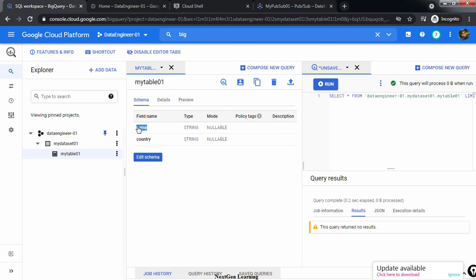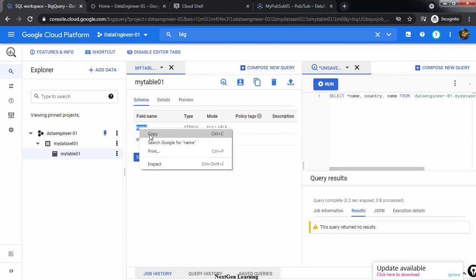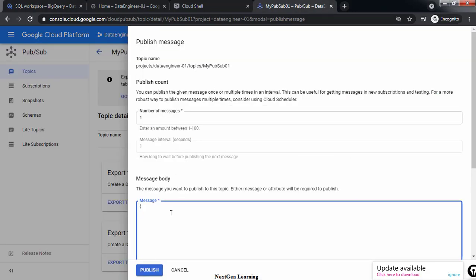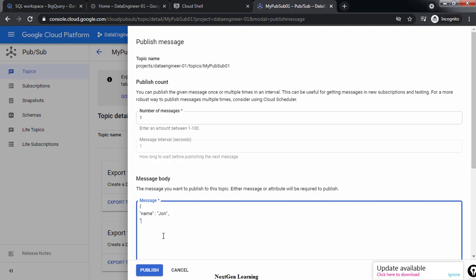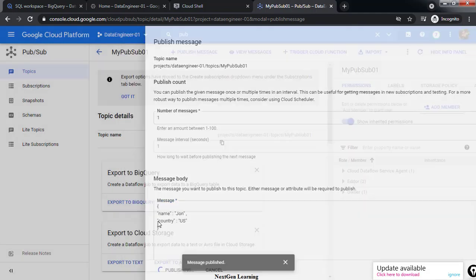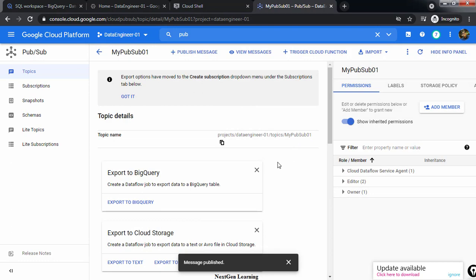That means we need name and country as the fields and their values. So the name is John, comma, and the next field is country, US.